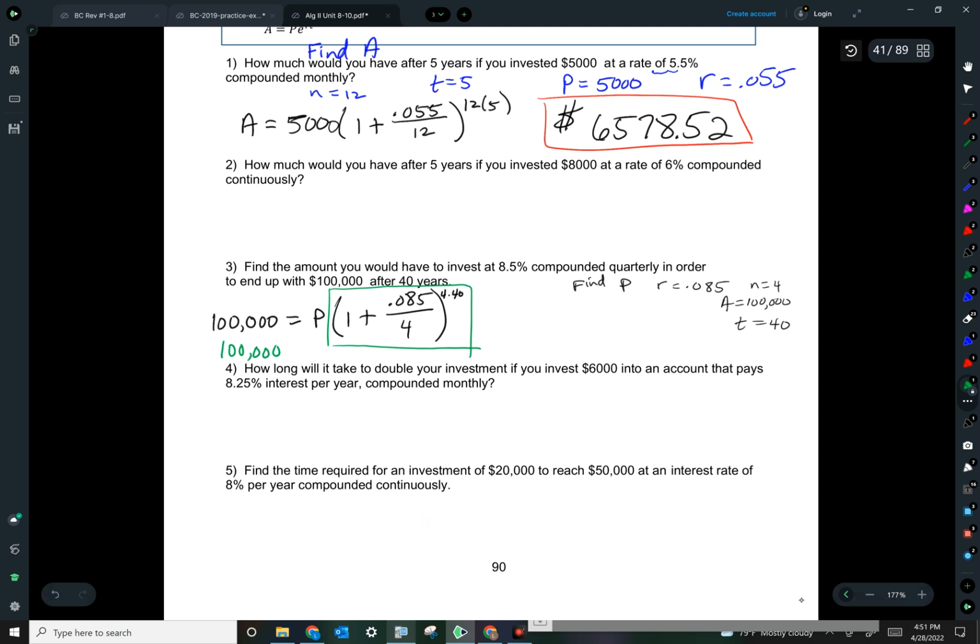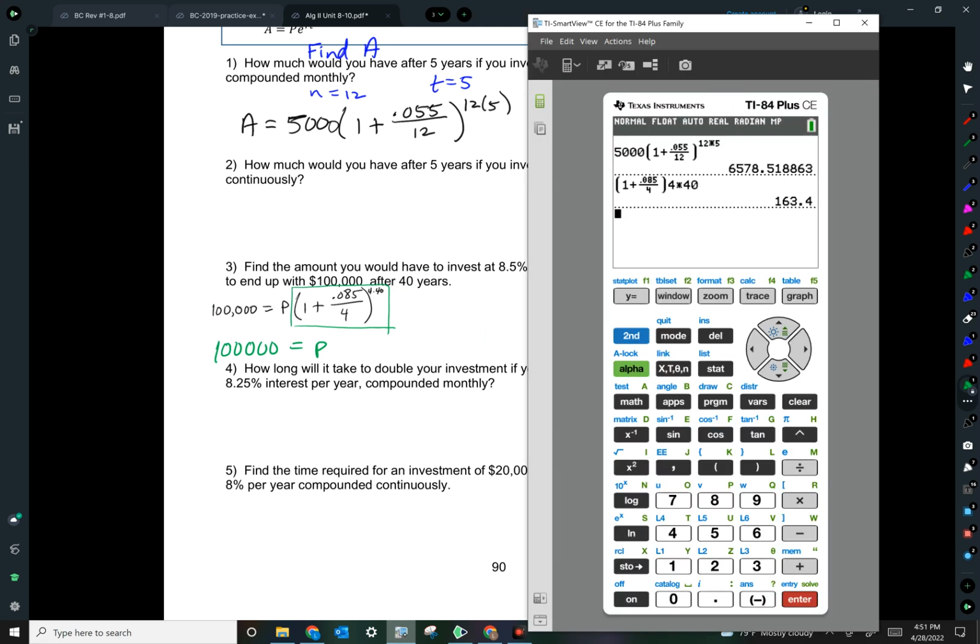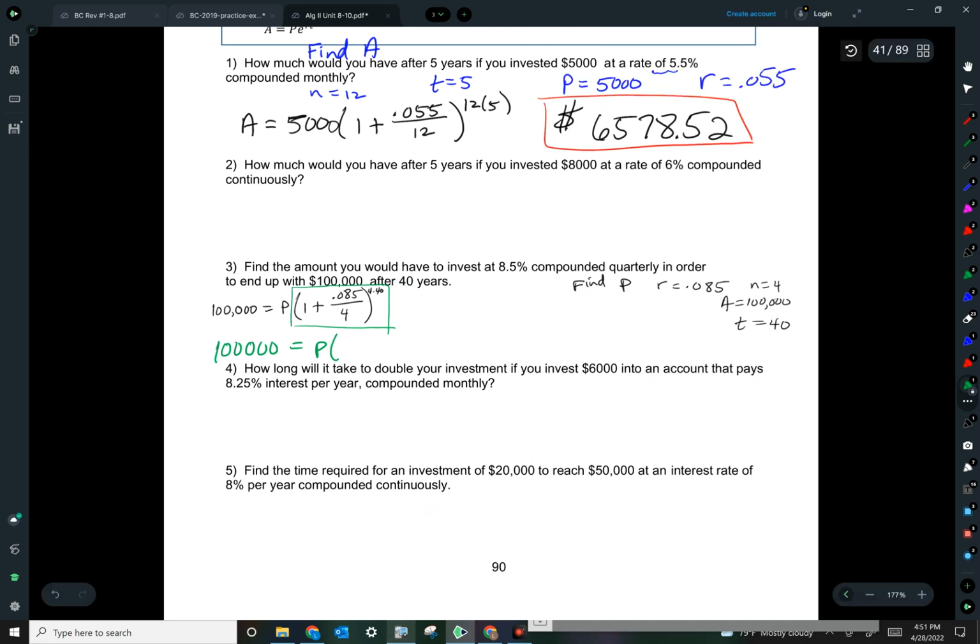100,000 equals P, and then remember in place of that parenthesis, we're going to put 163.4 times 163.4. So when you look at it that way, if you want to solve for P, wouldn't you just divide